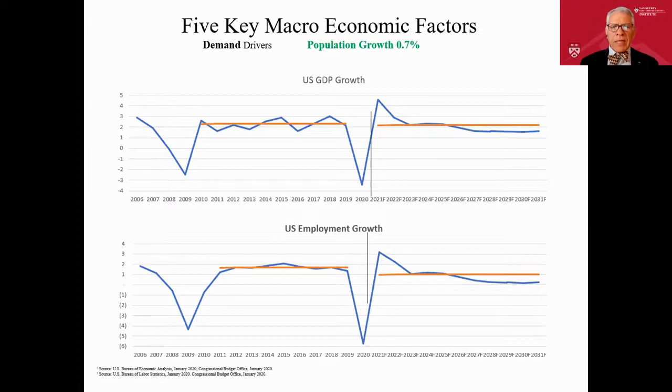Okay. Next one is GDP growth, and GDP, gross domestic product, is just the output of the country, just kind of like the sales or gross revenues of a company. And you can see here the Great Recession, as we call it, in 2008 and 9, where GDP went to negative almost 3% and then bounced back. From 2010 through 2019, you can see that we bounced around at just a little over 2% GDP growth during that time frame.